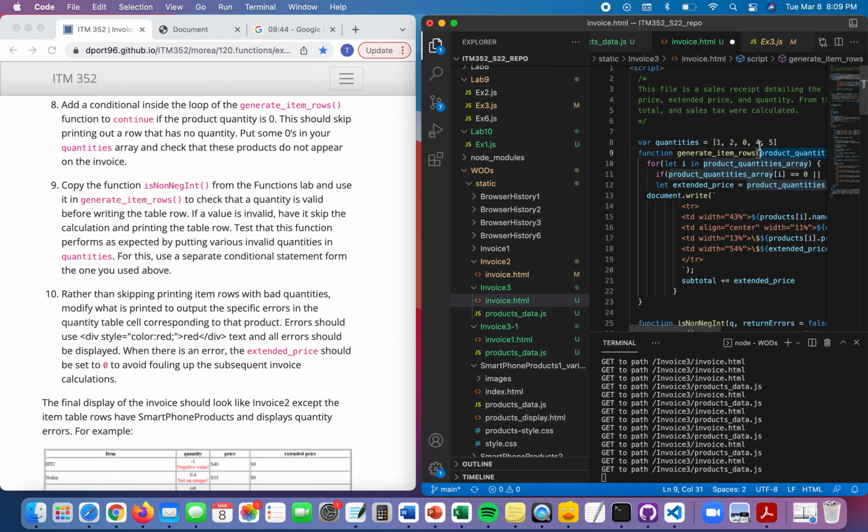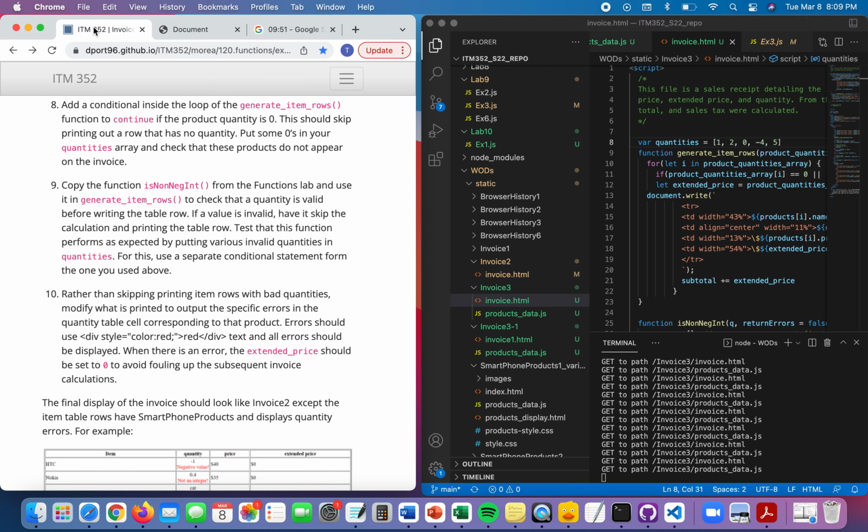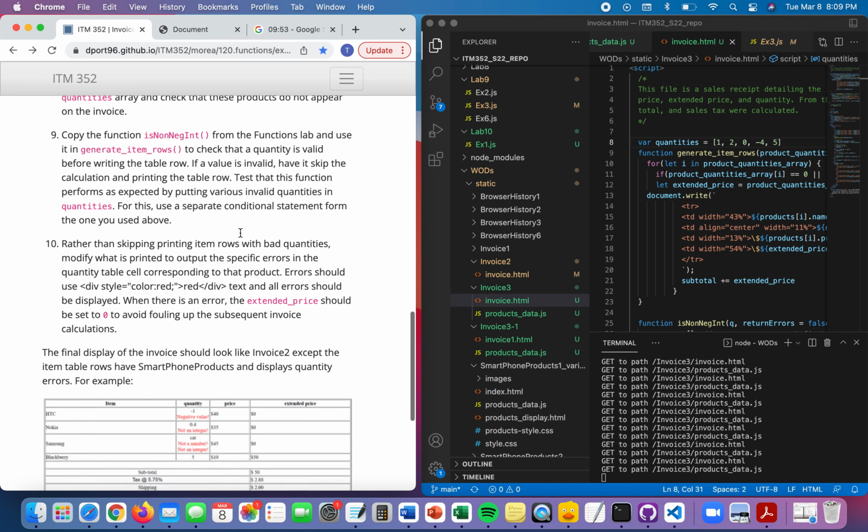And then I'll just make this one a -4 instead. Save it, and it should skip that row as well. Yep, and that's what it did. Okay,